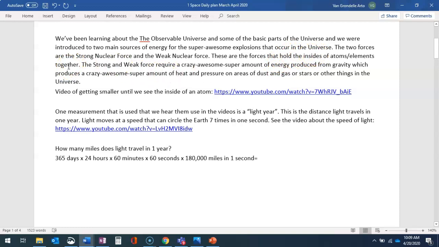Atoms and elements are the same thing. Basic building blocks of our world. So the strong and weak nuclear force require a super amount of energy produced from gravity, which produces a super amount of heat and pressure on areas of dust and gas or stars and other stuff also in the universe. Okay, so I'm going to first show a little video getting to the middle of an